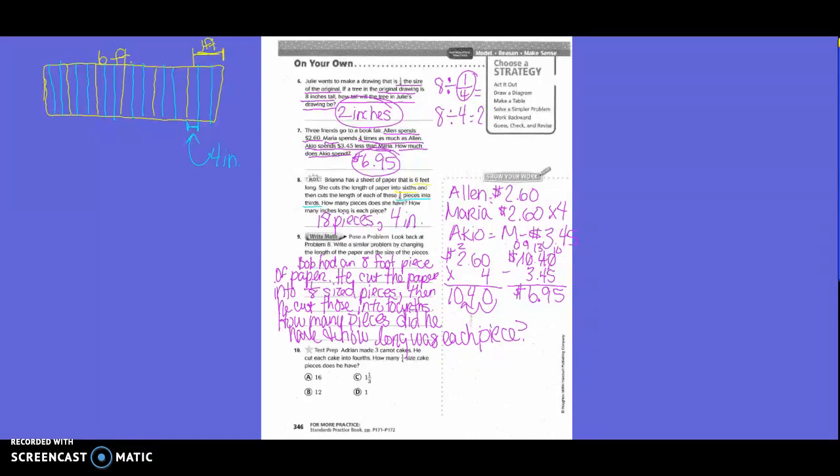Okay, number 10, test prep. Adrian made 3 carrot cakes. He cut each cake into 4s. How many 1/4 size pieces does he have? So we'd underline 3 carrot cakes, and then he cut it into 1/4 size pieces. How many does he have? So we would write what, guys? 3 divided by